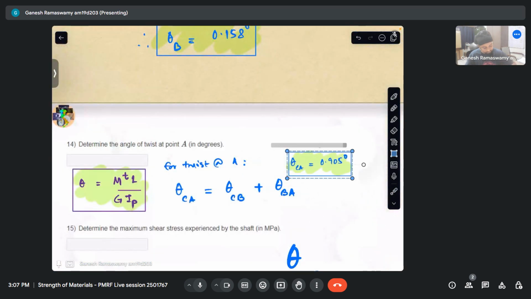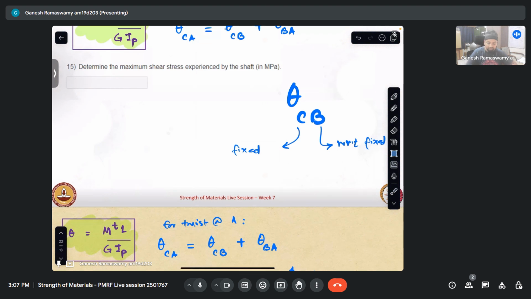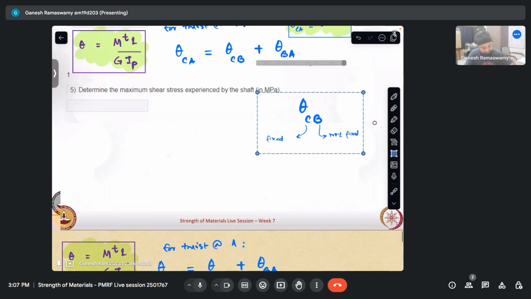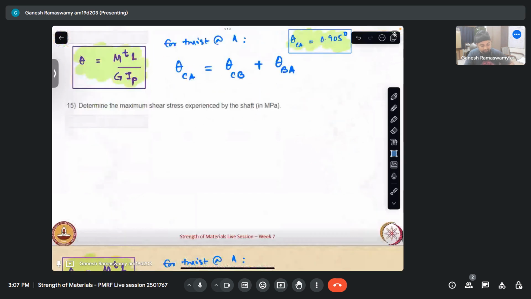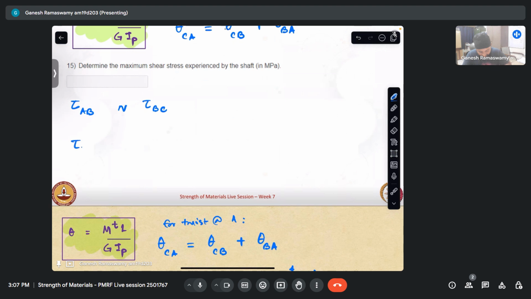Determine the maximum shear stress experienced by the shaft. So what will be the maximum shear stress experienced by the shaft? This is just a nomenclature, I'll put that here. The maximum shear stress experienced by the shaft can either be in portion AB or BC. So tau AB is 16 MTAB by pi DAB cubed,